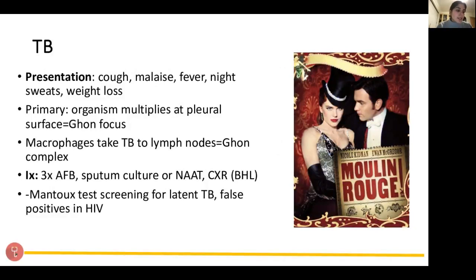So often in the stem of an MCQ, it's going to say this person is of South Asian descent, and then it builds up to this picture. So they have a cough, there's hemoptysis or maybe not hemoptysis, they just don't feel themselves, they've been having night sweats, they're losing weight. And this is actually a good thing to ask in histories generally. Always ask your B symptoms. Have you lost weight? Are you having any fevers? Do you notice that you're waking up and your sheets are drenched? So just to kind of summarize the